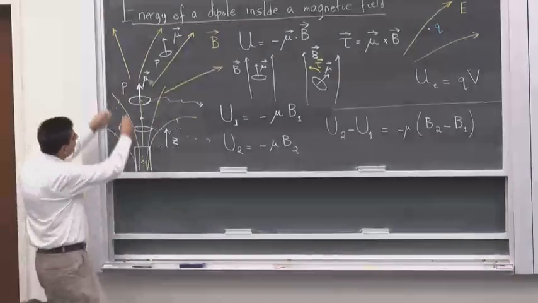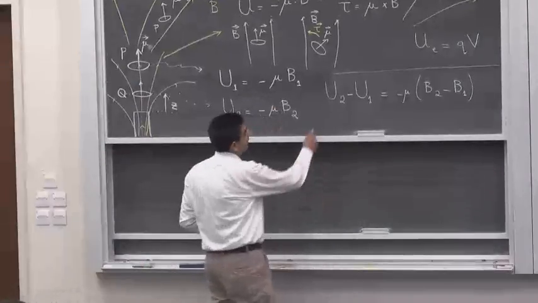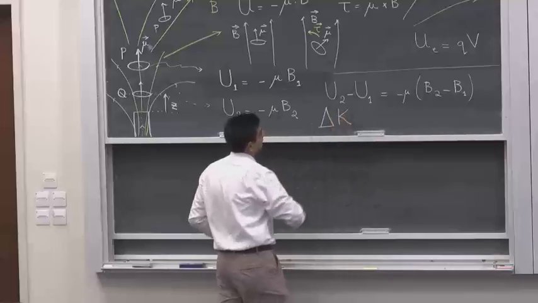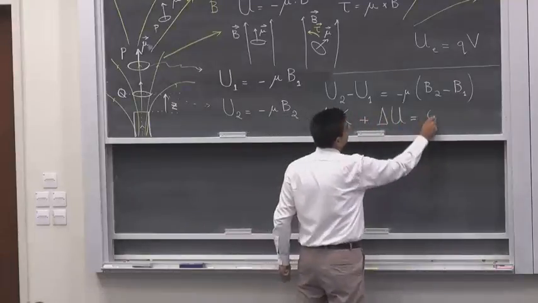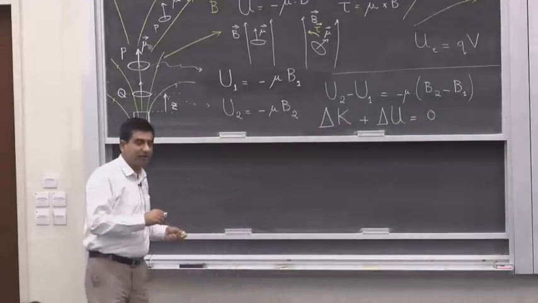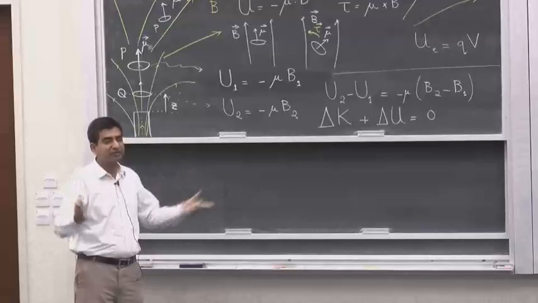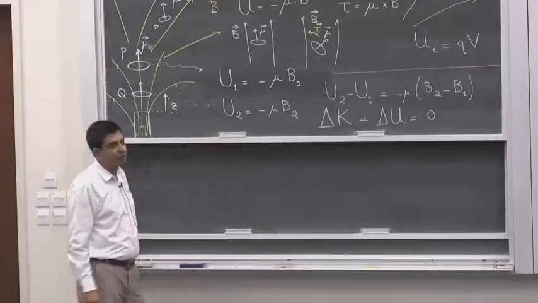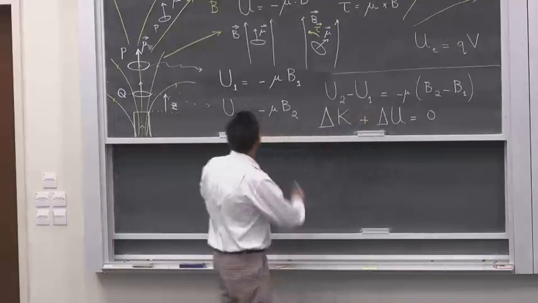And when it lowers the potential energy of this system, if you look at the work energy theorem or the principle of energy conservation, delta K plus delta U must equal 0. There is nothing external in this system. The dipole and the field form the system. There is no battery or external source of magnetic field that is being applied. So this rule has to be satisfied. But delta U is given by this. So delta K,